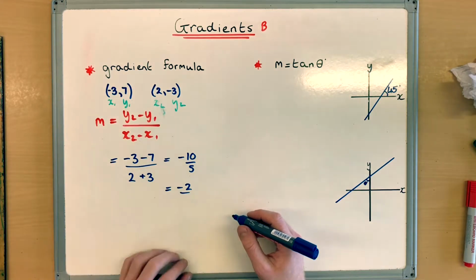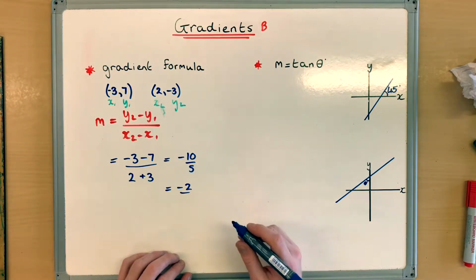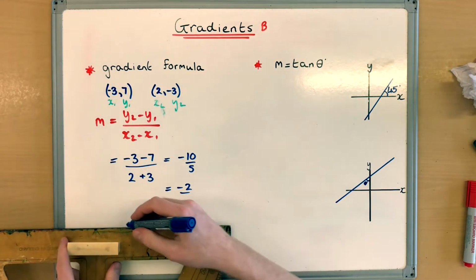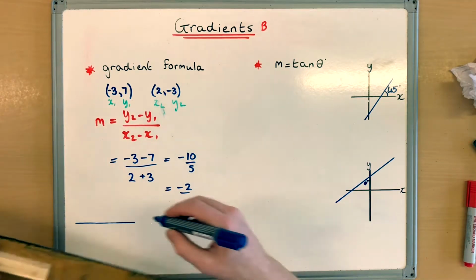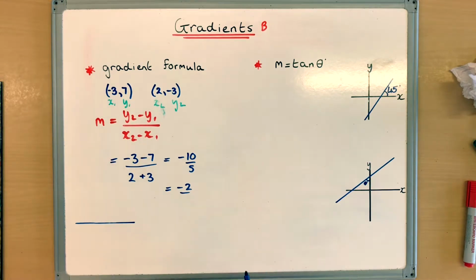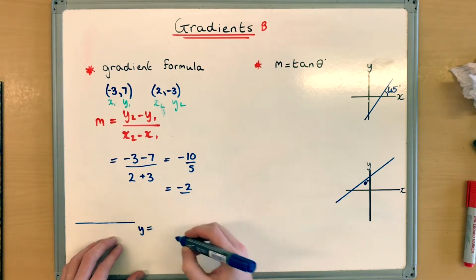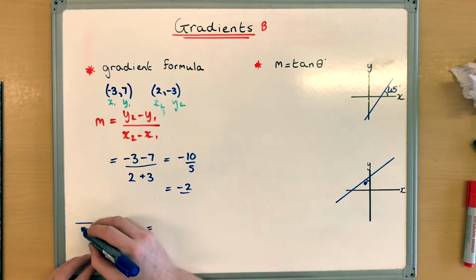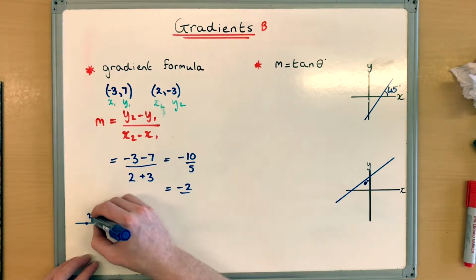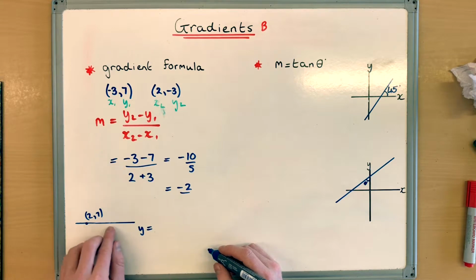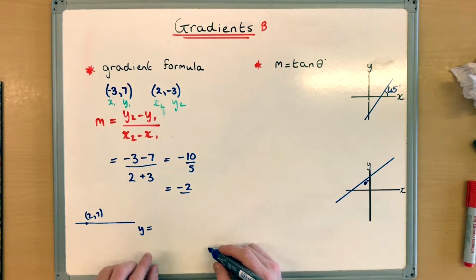Okay, a couple of things to watch out for there. If you ever get a gradient of 0, then what you're looking at is a flat line. And a flat line, instead of using y equals mx plus c or anything like that, we're going to write using the equation y equals. So in other words, if you have a flat line and it goes through the point, let's say 2, 7, then the y coordinate for all of these points is going to be 7,